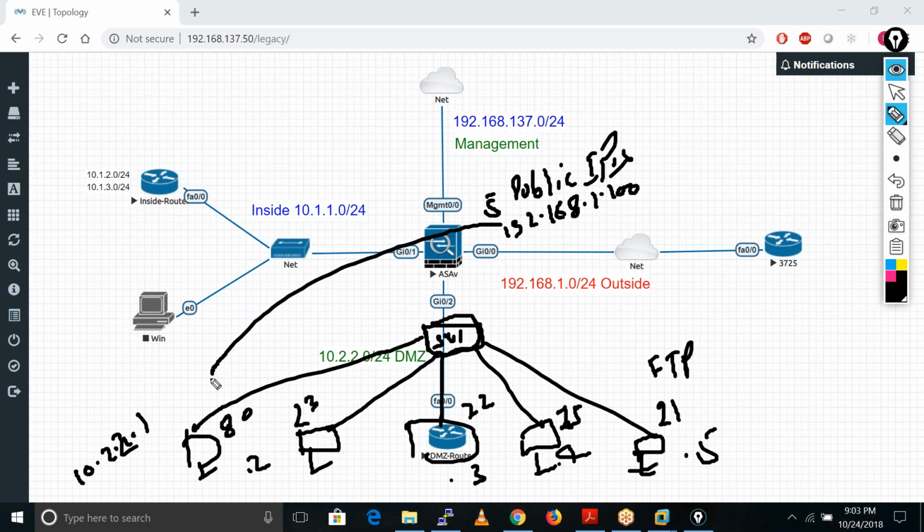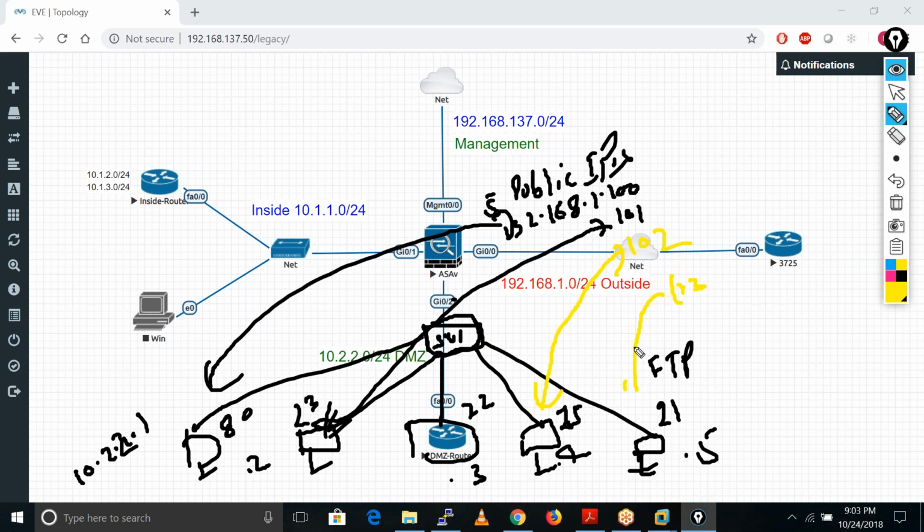On 100, I'll do the translation with this IP address. I also have 101, so I can use it for the translation for this server, and I also have 102, which I use for translation of this particular server, and 103 I'm using for this particular server, and let's suppose I also have 104, which I'll use for this particular server.